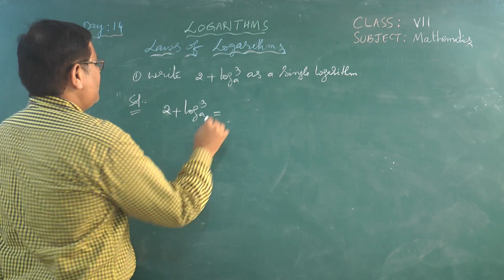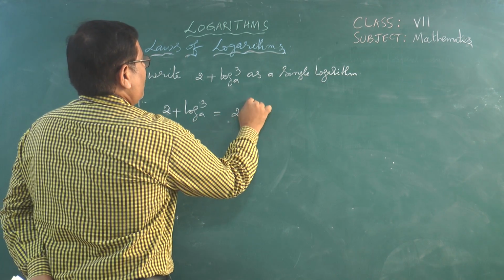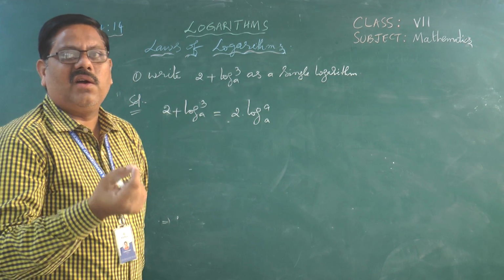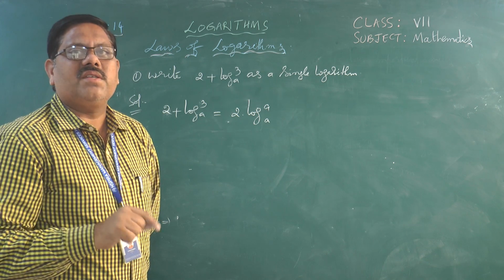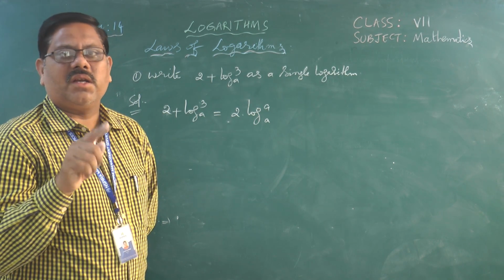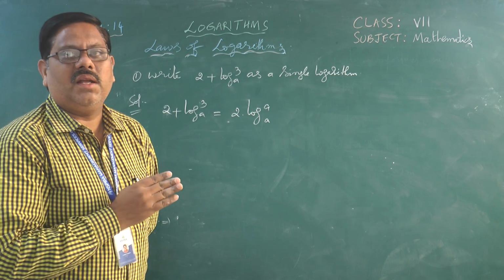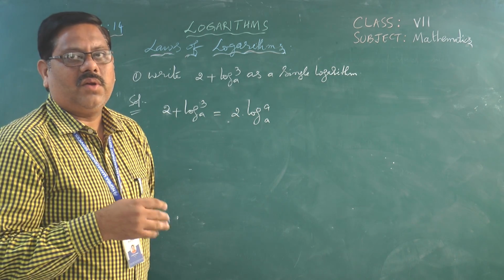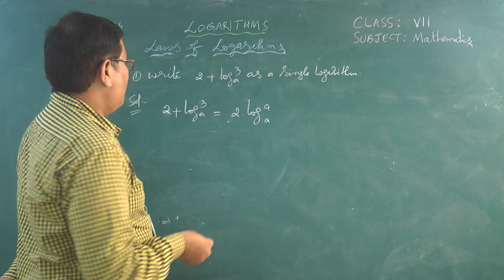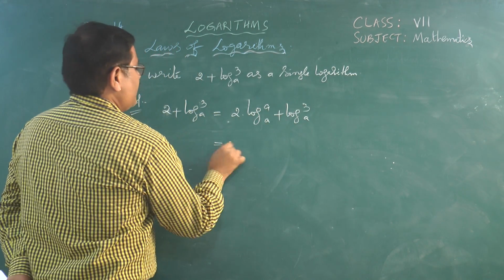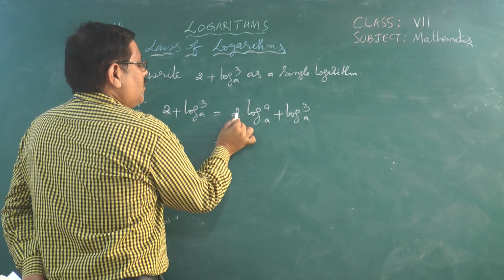I will write as 2 times log a to the base a. We know that log a to the base a is always equal to 1, provided a is not equal to 1 and a is a positive real number. Those conditions will automatically apply. Okay, they must be applied here. Now plus log 3 base a, that is equal to, if you look at this, 2 can be sent